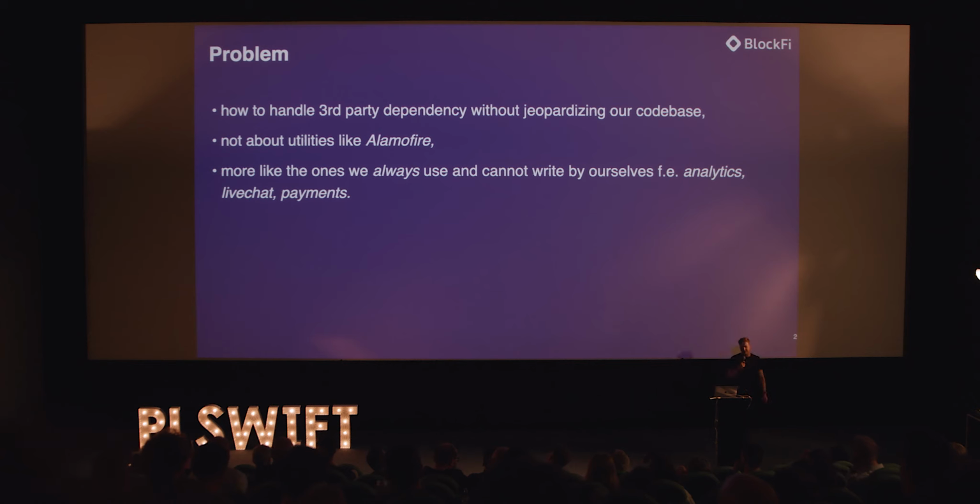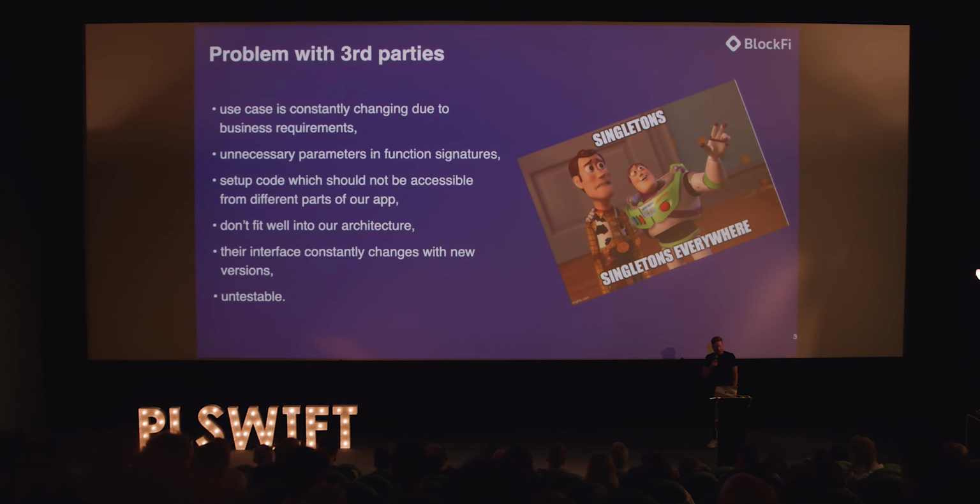And I'm not here to talk about the big utility libraries like Alamofire. No, we're going to talk about analytics ones, the ones we can't really develop in-house, but we really need them, like payment providers or live chat, who knows. So what's the problem with them? First and most importantly,